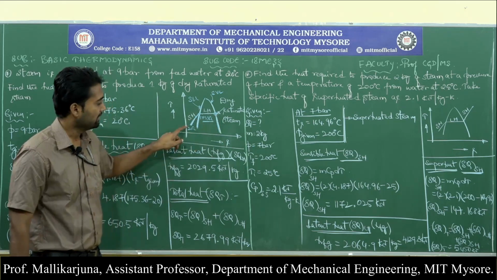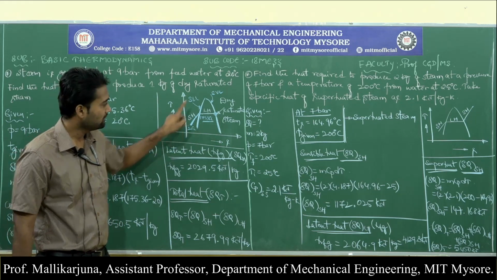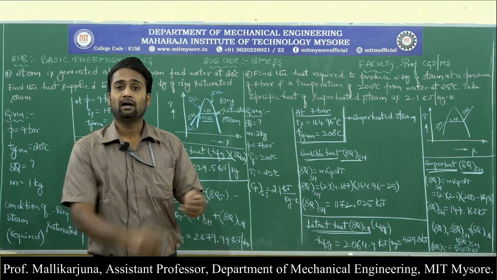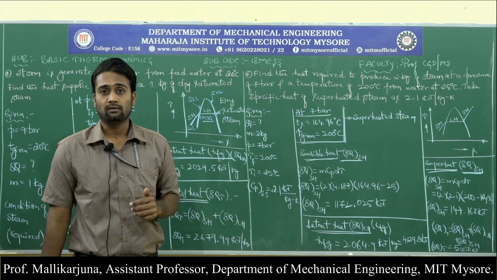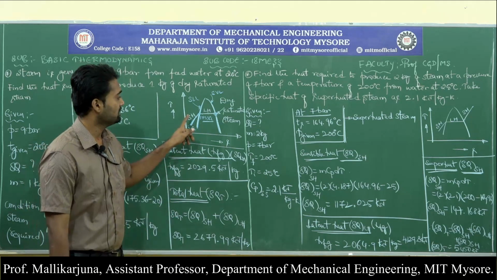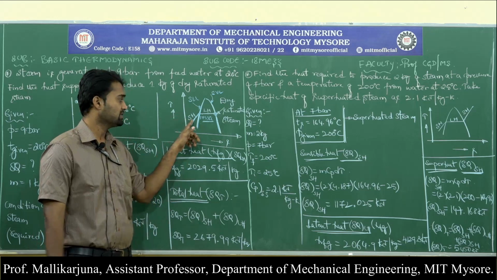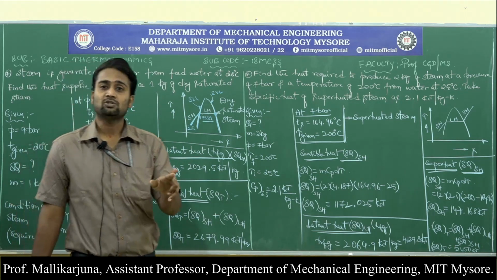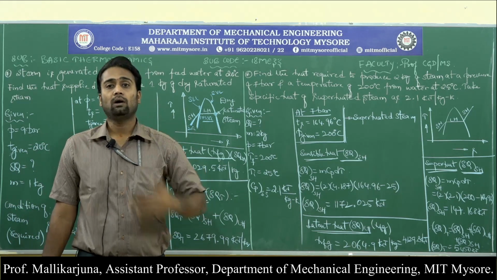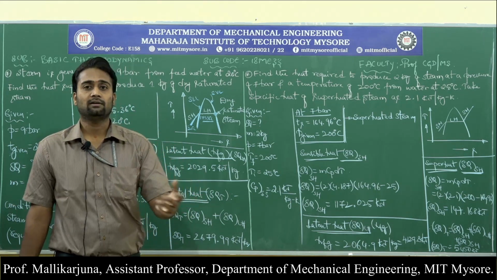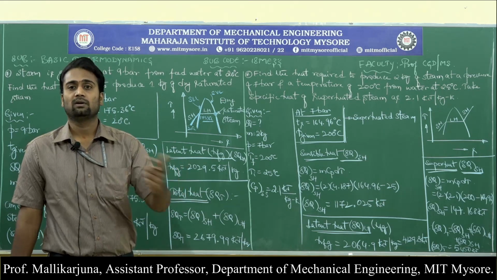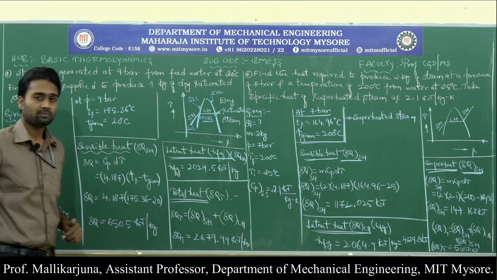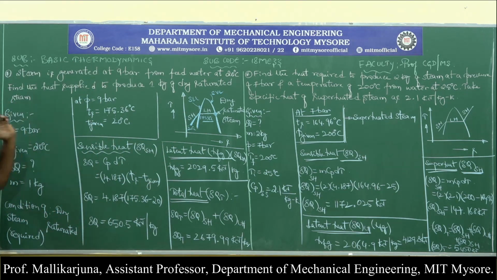The question is, in order to take the water from this point to this point, what is the overall heat that needs to be absorbed by the water? That means how many heats do I need to calculate? First heat is sensible heat, second heat is latent heat. If I add these two heats, I will get the overall amount of heat that needs to be supplied in order to convert the water into dry saturated steam. That is the basic funda behind the understanding of the question. So now it is very clear.